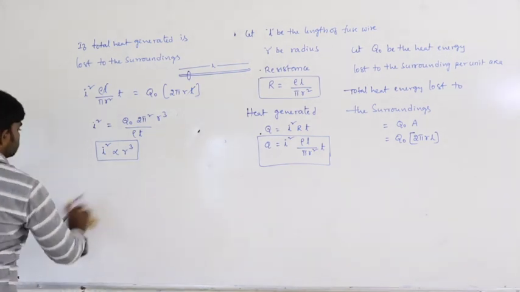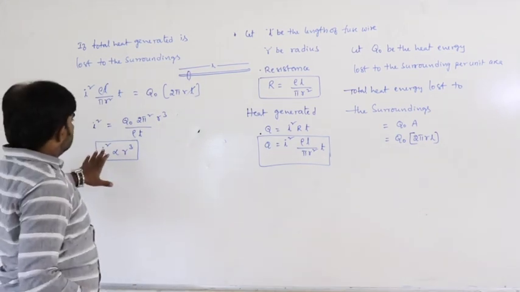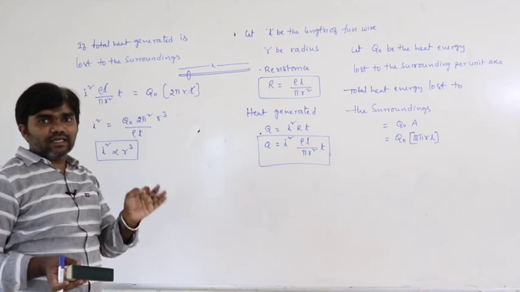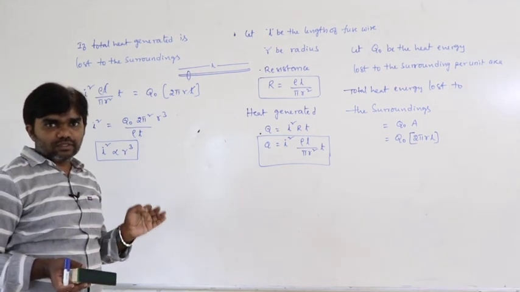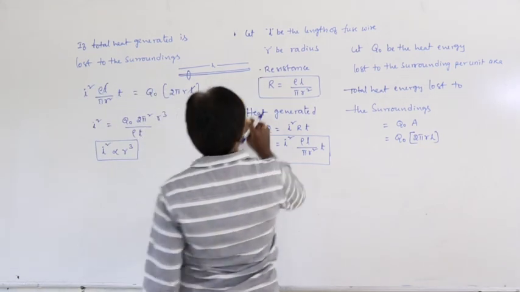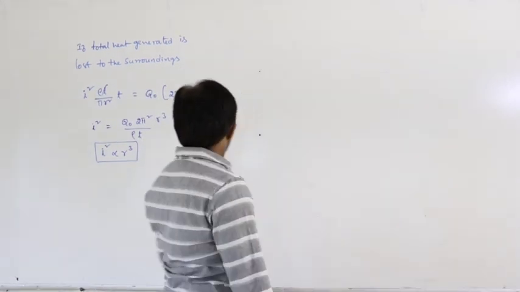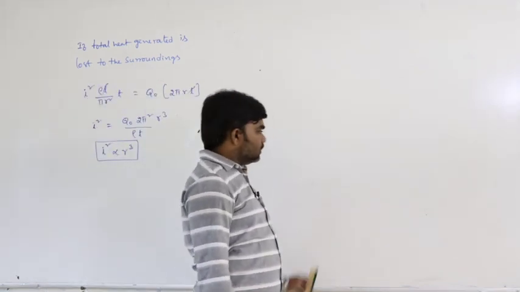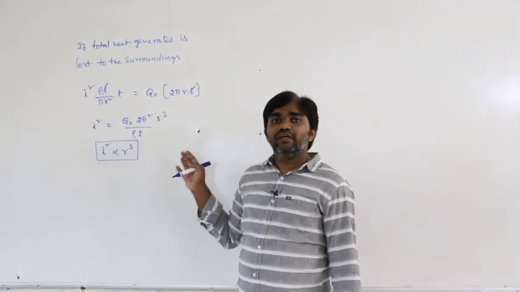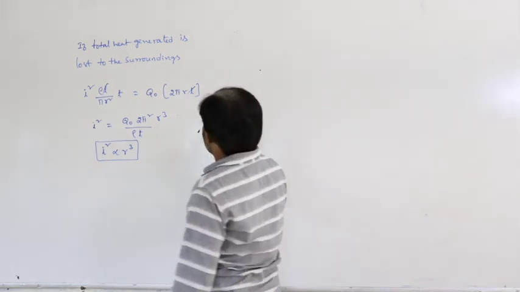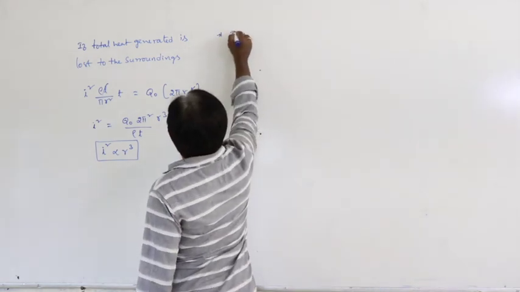This is the fuse wire. A fuse wire is made up of a tin lead alloy, 63% tin and 37% lead. Next, for example, this is I square proportional to r cube, the situation when heat energy is lost to the surroundings. Now, if